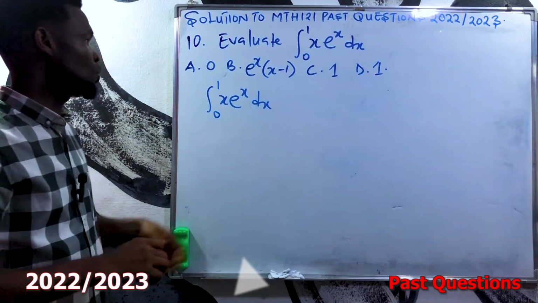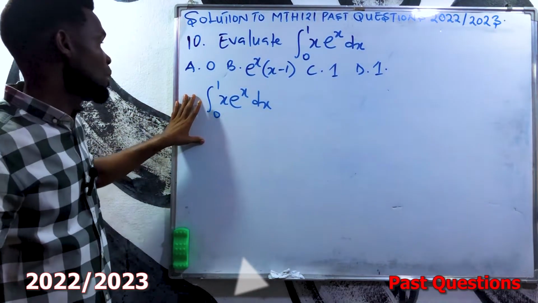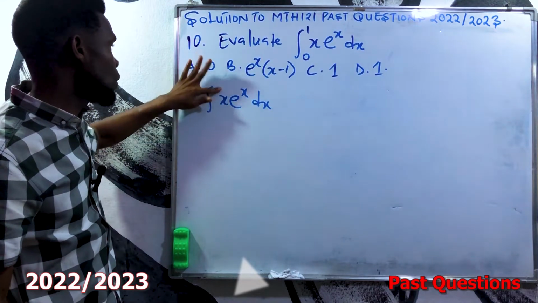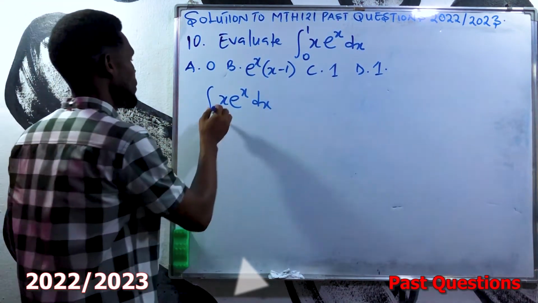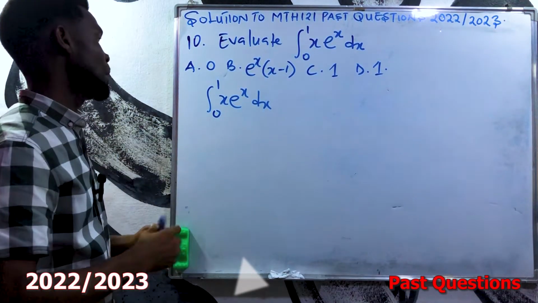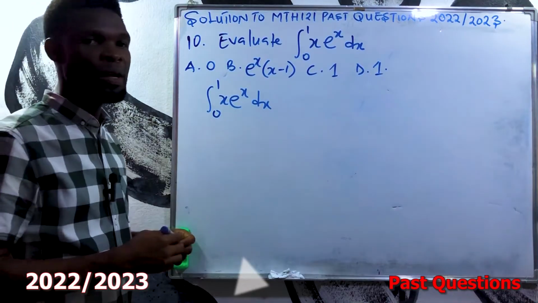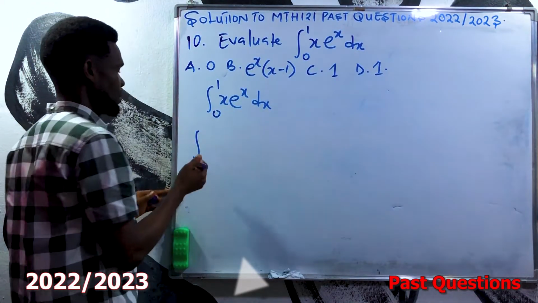This is integration with boundary. This is what we call a definite integral. If there were no boundaries, that would have been an indefinite integral. But with this boundary now, it is a definite integral. All right. Now there's a rule in integration that says that if I'm integrating a product function, let me assume